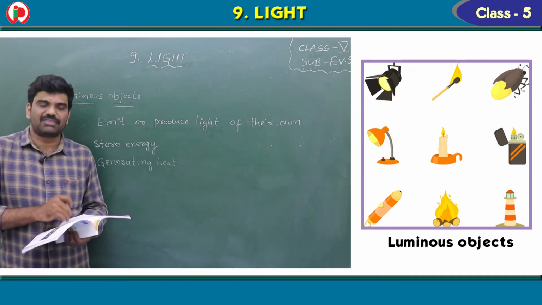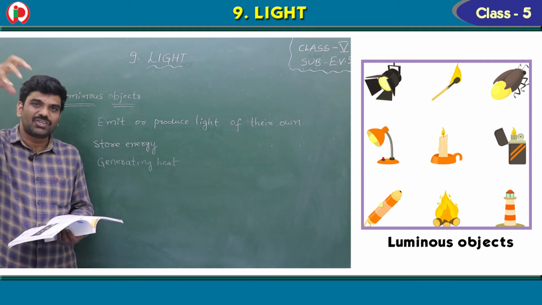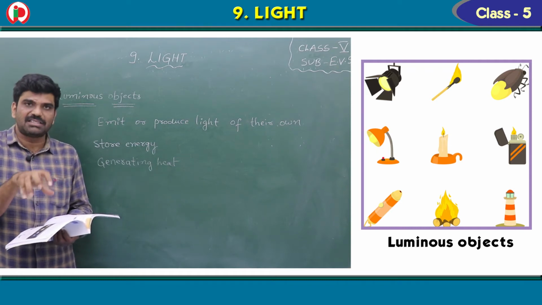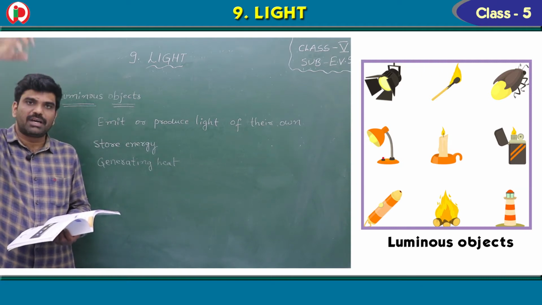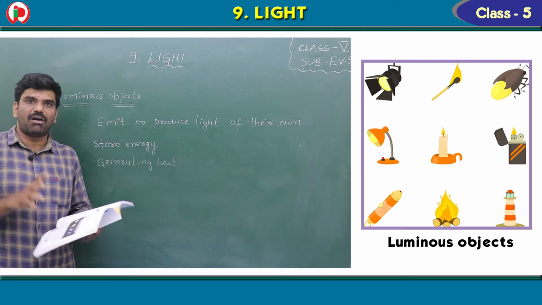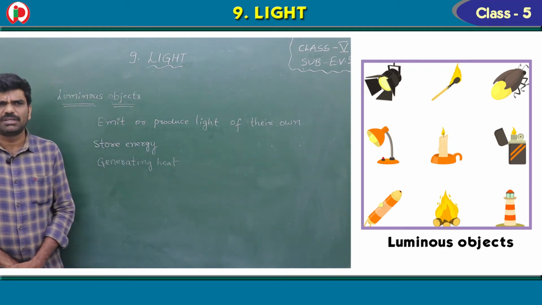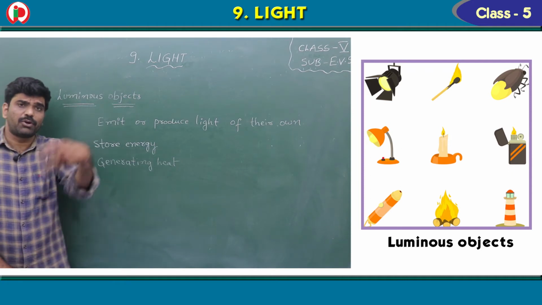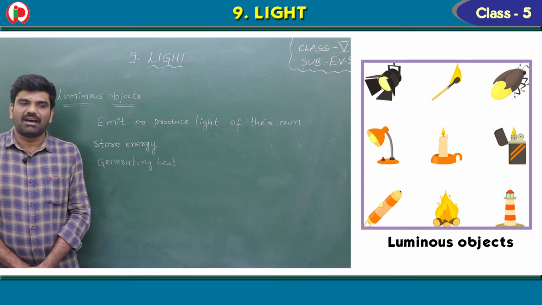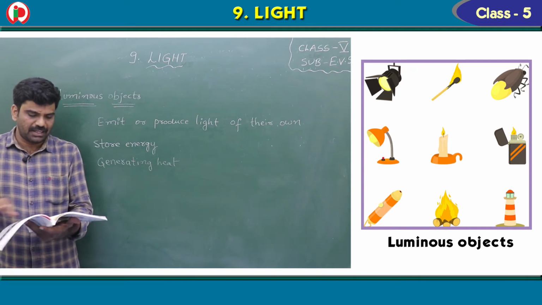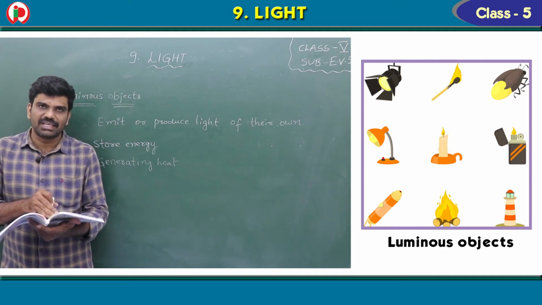Even the sun also. Actually the sun is far away from us, but we can feel the sun rays during summer, even the winter and rainy season also. When you go out, you can feel the rays of the sun, it is very hot. That means the luminous bodies, what are luminous bodies? Those bodies which produce or emit light and heat are called luminous bodies. Therefore a luminous object is a source of energy.